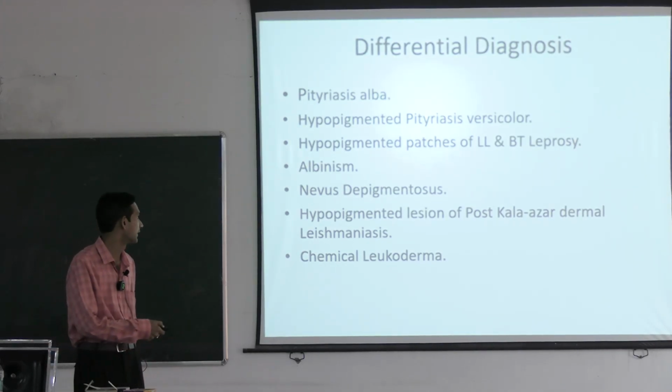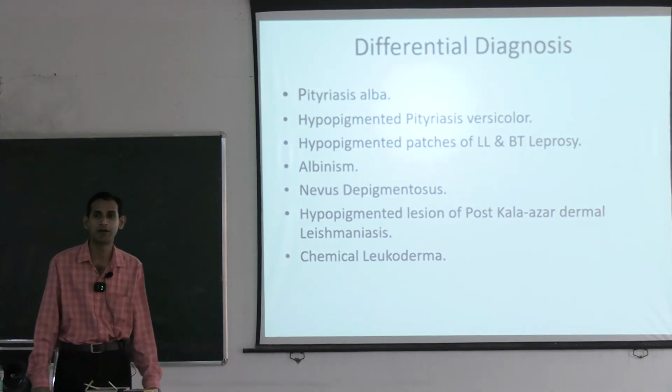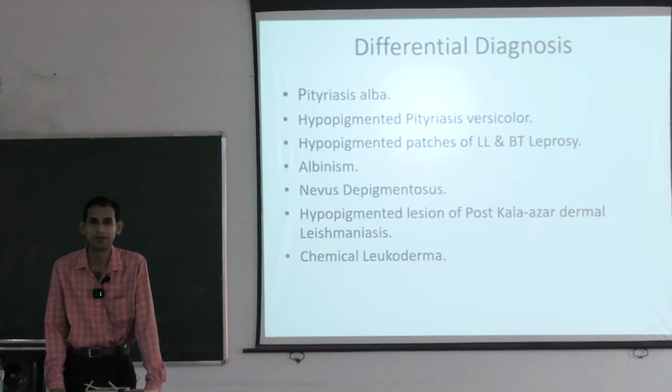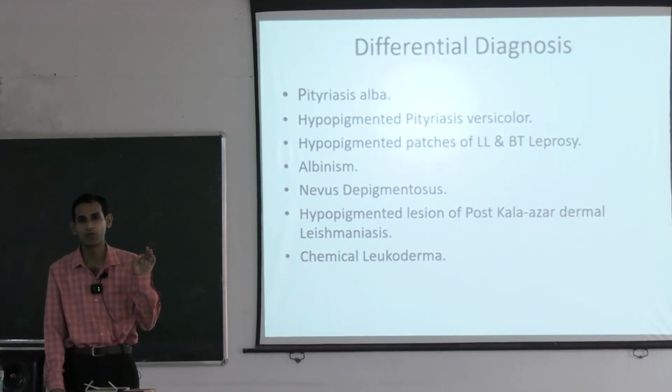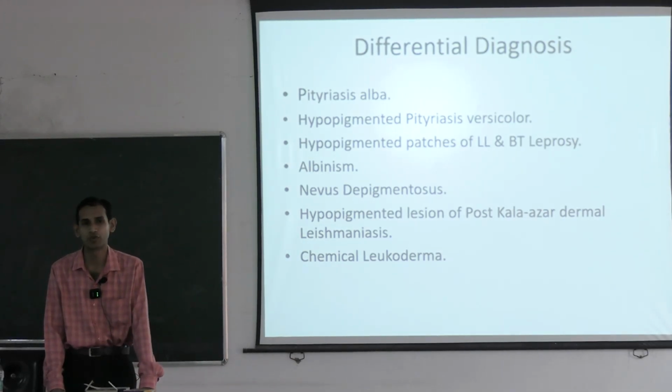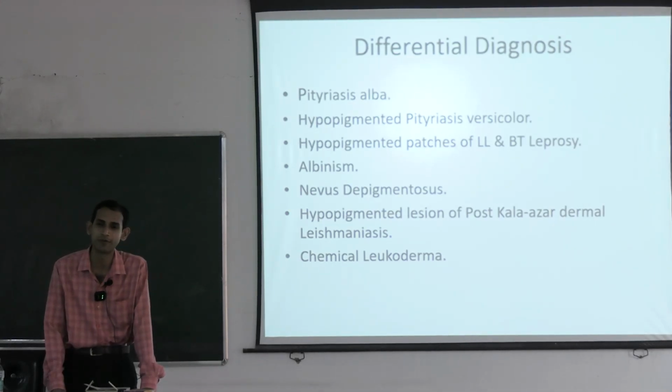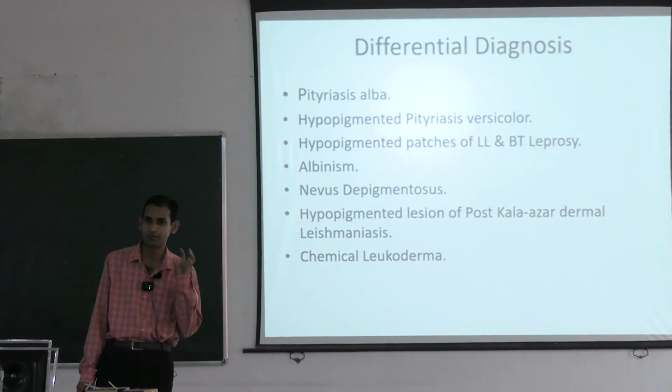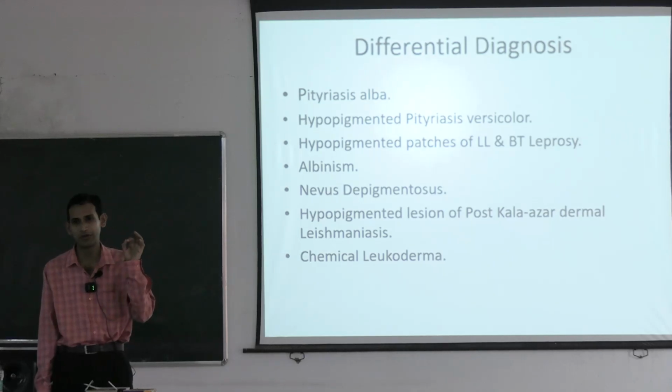The most important thing to remember, the first one, is pityriasis alba. What is pityriasis alba? Pityriasis alba is usually hypopigmented macules and patches with ill-defined borders, most commonly distributed over the facial skin, though other sites of the body can also be affected. It is most commonly found in atopic children, with the age group most commonly affected being 3 to 17 years. This is known as pityriasis alba, commonly found in children.